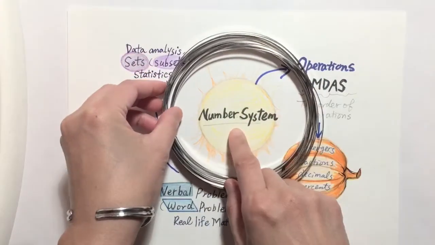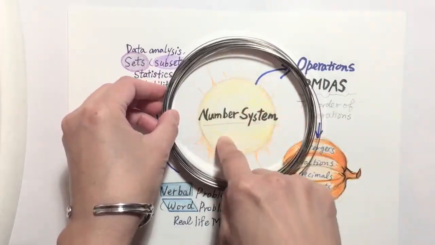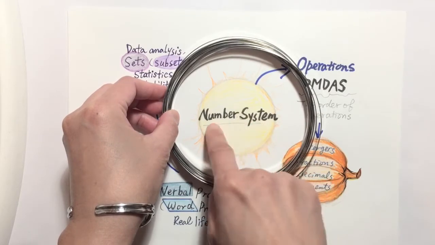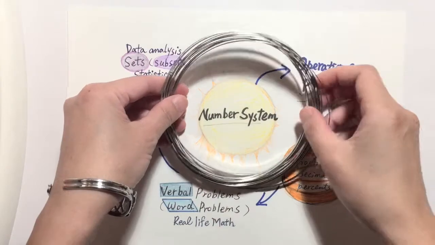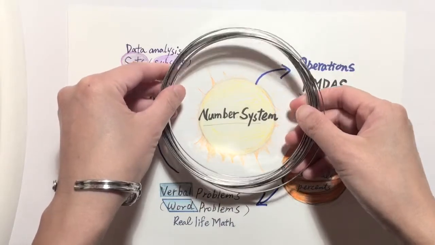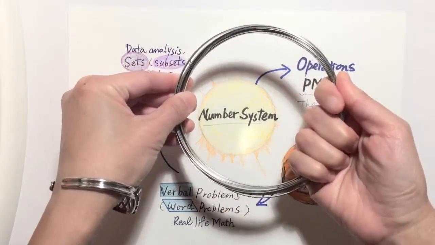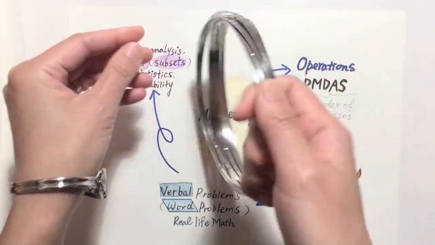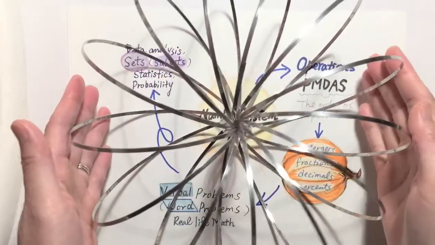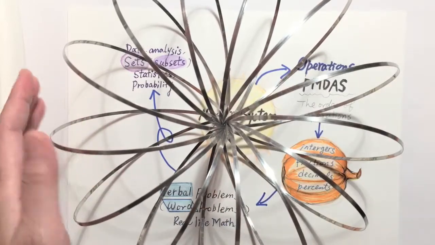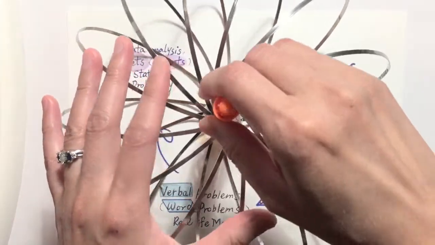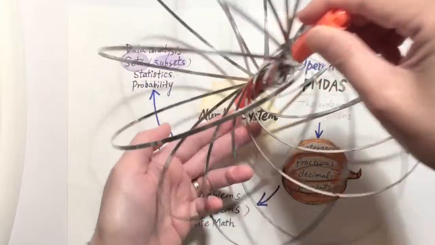So in the number system, we have to learn what kinds of numbers are in the number system. After that, it moves on to trying different ways to operate. Like I say, it changes into this kind of form, or if I put a pen in between, I can make a